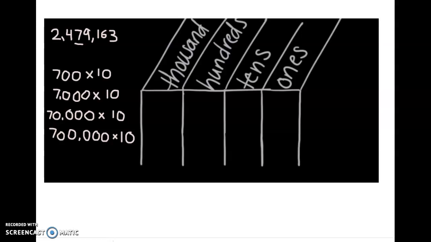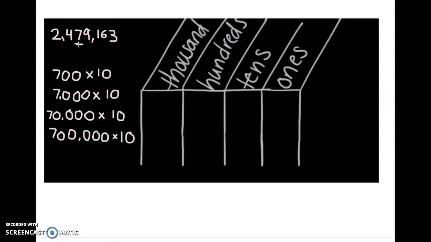Okay, we're going to try some trickier problems. I have this number, 2,479,163, and I want to find the expression, one of these, that equals the value of the 7 in this